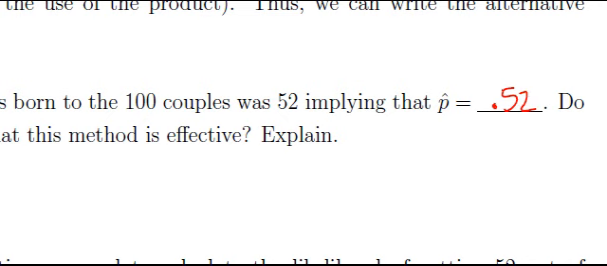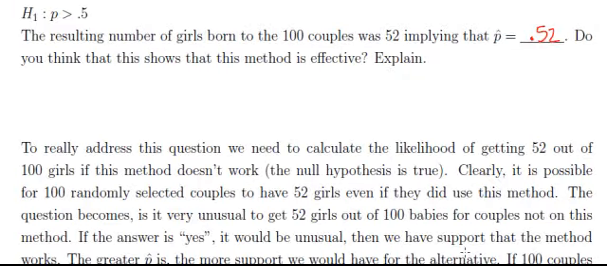All right, so do you think this shows that this method is effective? Well, I don't know. Maybe some people might because it's slightly above 50%, but this could really happen just out of random chance for any couples having babies. So any set of 100 couples could have 52% girls. It's not that unusual. So I would say no, since